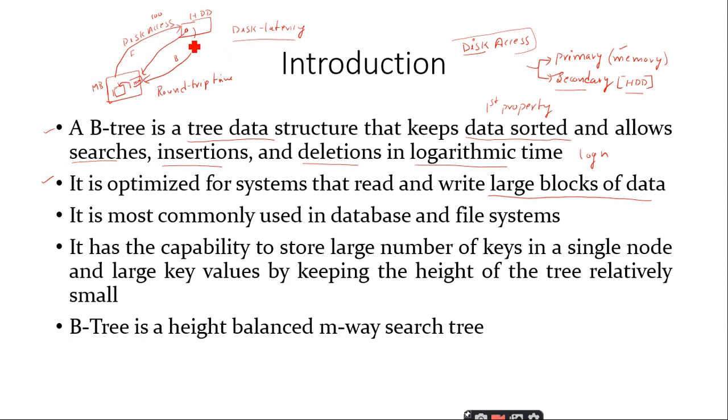So when you have more information on the hard disk, and your hard disk is large enough, for example a 2 TB hard disk drive, whenever you want to access a particular location it takes a lot of time, therefore there will be a lot of disk latency. In order to reduce this disk latency, when you are able to store the data in the B-tree format, then you will be able to reduce the disk latency.